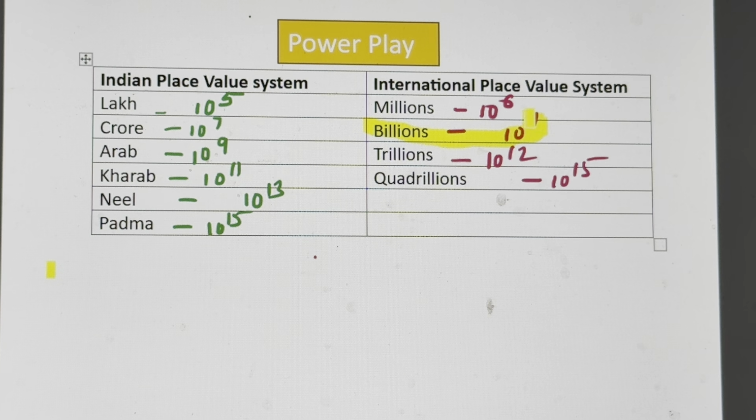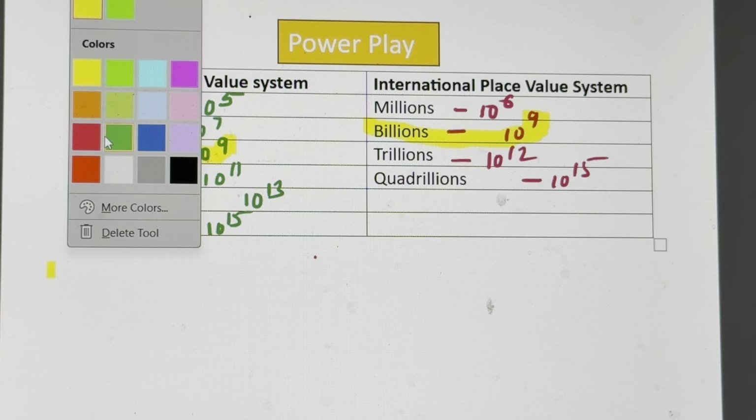10 raised to 9. Similarly, Arab is also 10 raised to 9. So 1 Arab is equal to 1 billion. That should be clear to you. Then if we see one more,